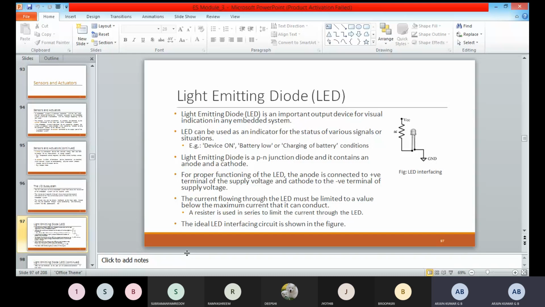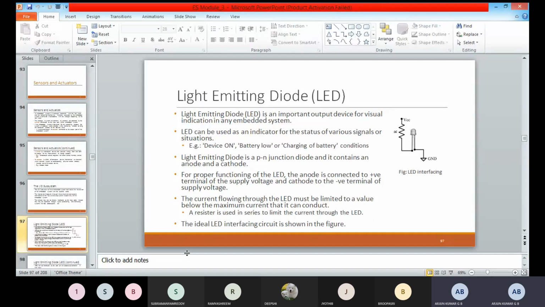Then the current flowing through the LED must be limited to a value below the maximum current. That's why the load resistance will be connected. Suppose the LED specification says the maximum current is 2 amps. If more current flows through the particular LED, what happens? It will blow off. To avoid that,